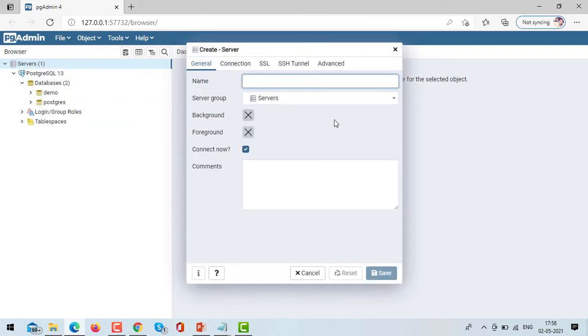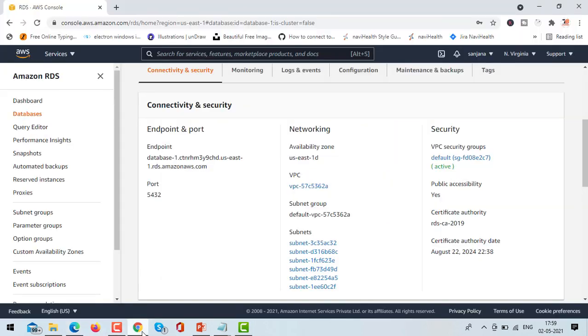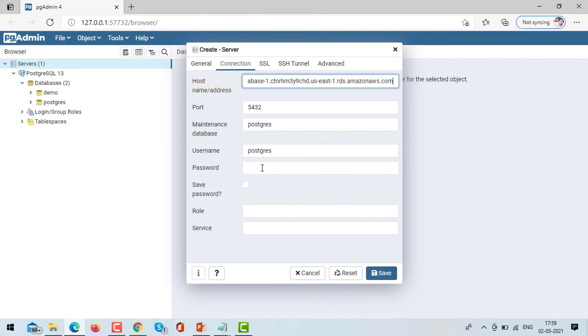So let's go to our pgAdmin, click on servers, click on create, click on server. Here just give a name to your connection, like I'm giving AWS_RDS_DB. Then click on connection, provide the host name. So this is our host name of the database. Just paste here and keep the port number as default because our database is also running on 5432, and keep all other information as default. Now just specify your database password and click on save button.